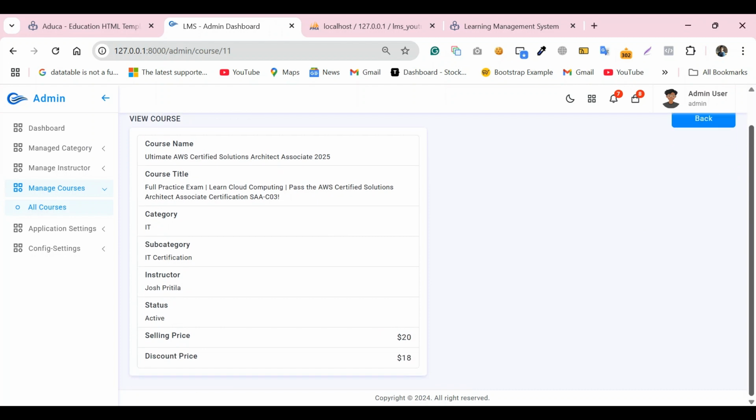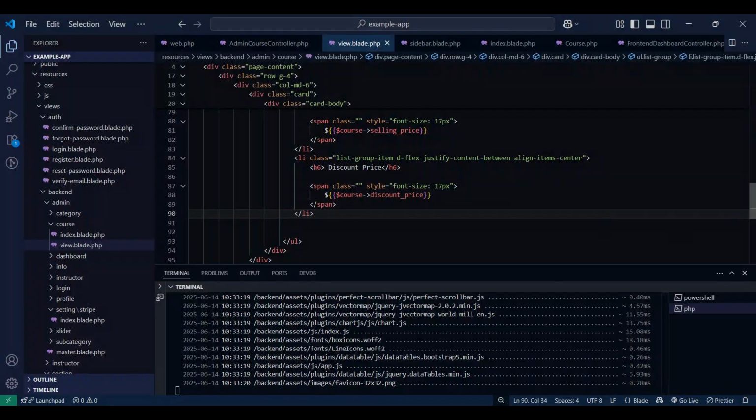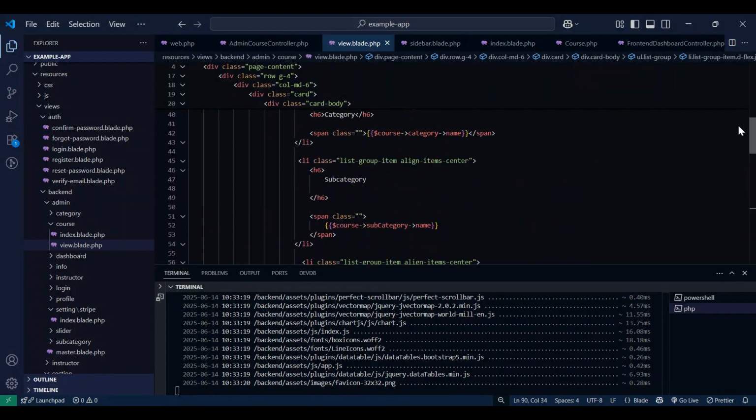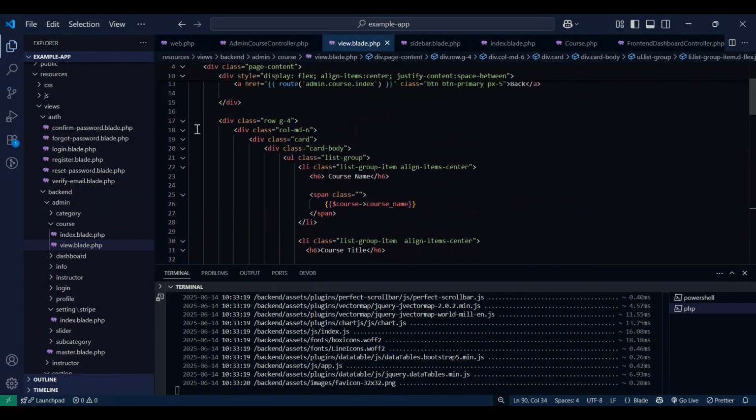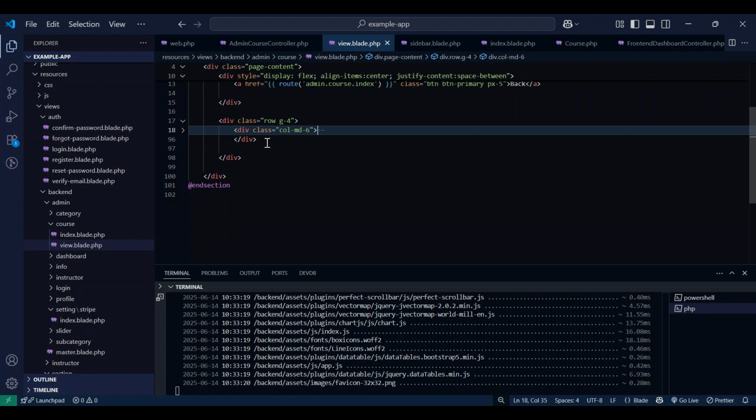Okay. So course name, course title, category, subcategory, instructor, status, selling price, discount price, all of this data is coming in here, and we need to add more data. Okay, this is the one DB completed. Here the column is six. Now another